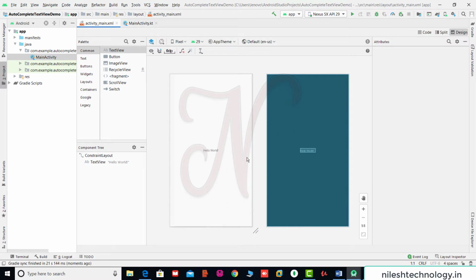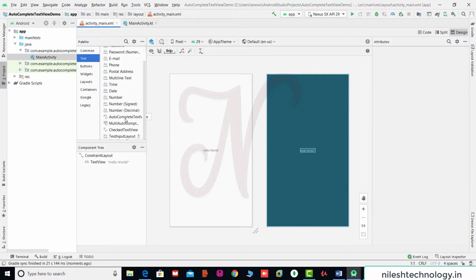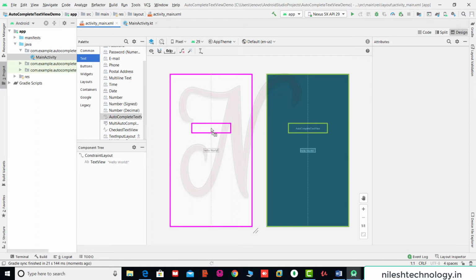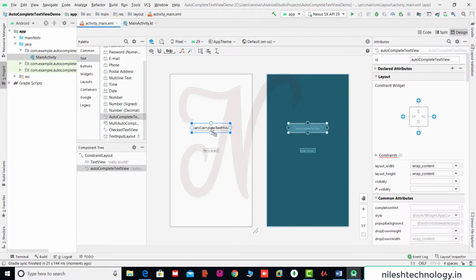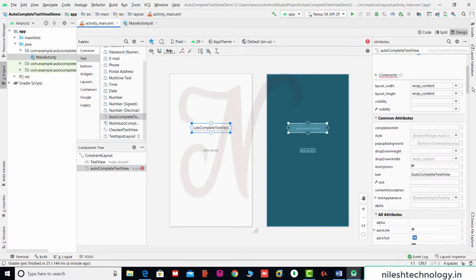See here in the design view, we drag and drop the autocomplete text view. In the text section, see here, autocomplete text view. So here we drag and drop it, and set the ID.